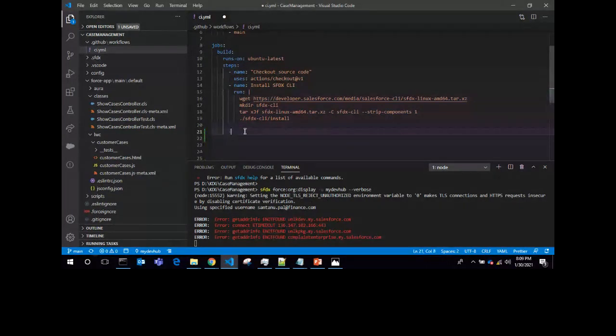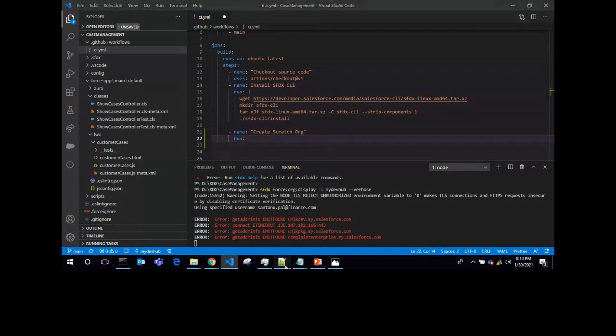So what I will do, I have to create the scratch org. First, let's say create scratch org. Next, I need to mention run. The code I already have, so I just wrote the SFDX syntax here for how to create the scratch org, the same syntax you apply in your project, with the scratch org JSON.